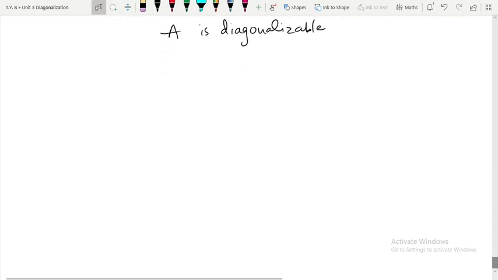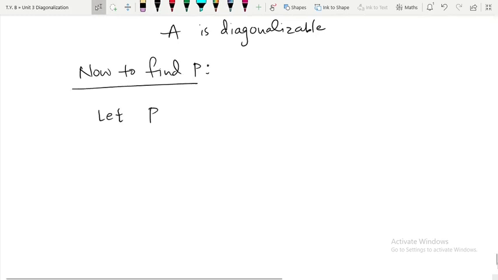So now to find P. Finding P is very easy. Here P is equal to,